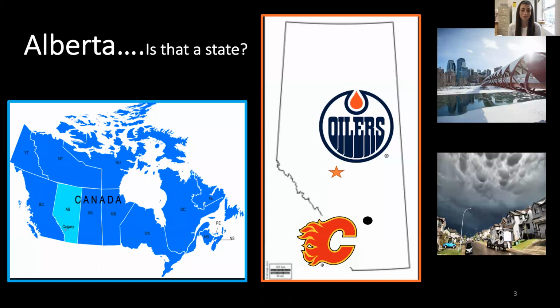So many of you may be wondering where in the world Alberta is. Alberta is a province on the west coast of Canada. In this province, I work here, represented by this nice Oilers logo. And this is where the University of Alberta is, in the city of Edmonton. Down to the south of us, approximately 4 hours away by car, is the city of Calgary, represented by the Flames logo. So currently, cities in Alberta, such as Calgary, are looking for ways to address their growing demands on water resources. Now, the demand on water is increasing for two main reasons. First, climate change, and second, because the population of Alberta is growing, because everyone wants to live someplace where 10 months of the year is winter.